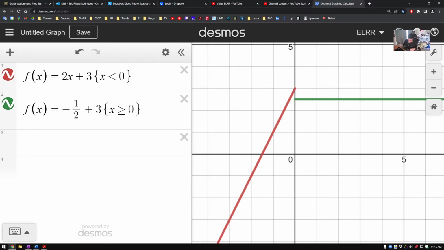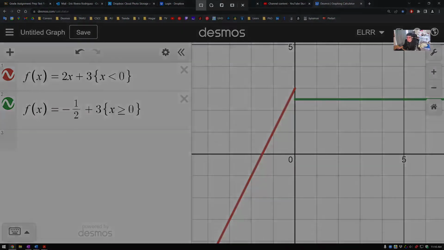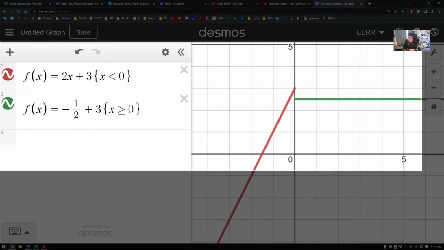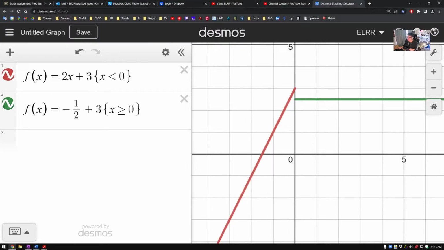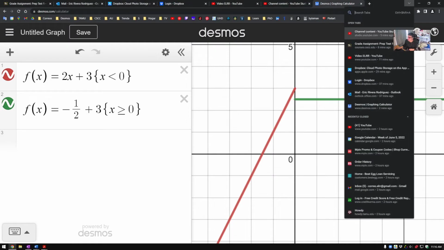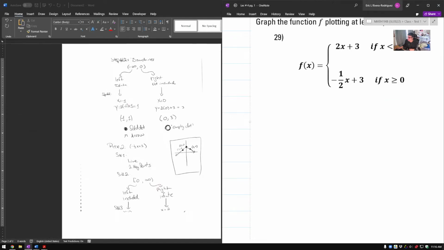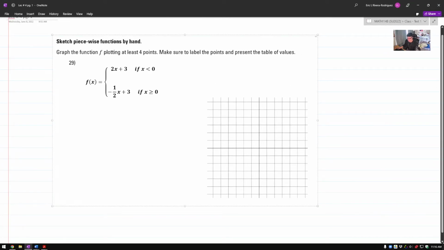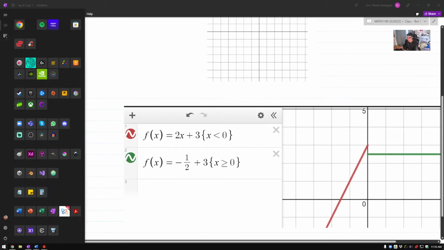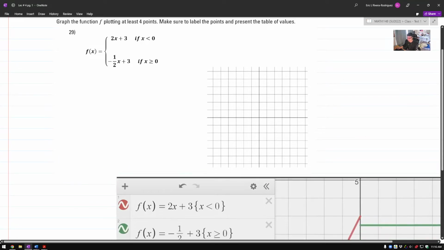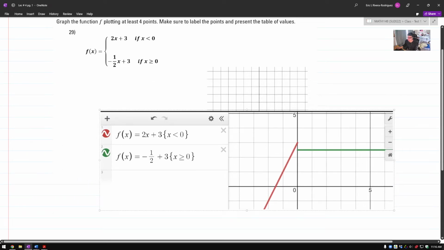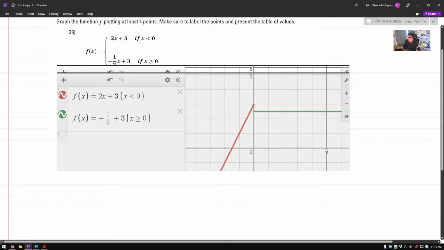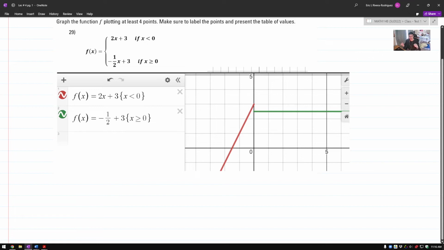So, Timothy, this is how you create that piecewise defined function on Desmos. Let me put it here. So, Timothy, since you are going to be using Desmos to draw